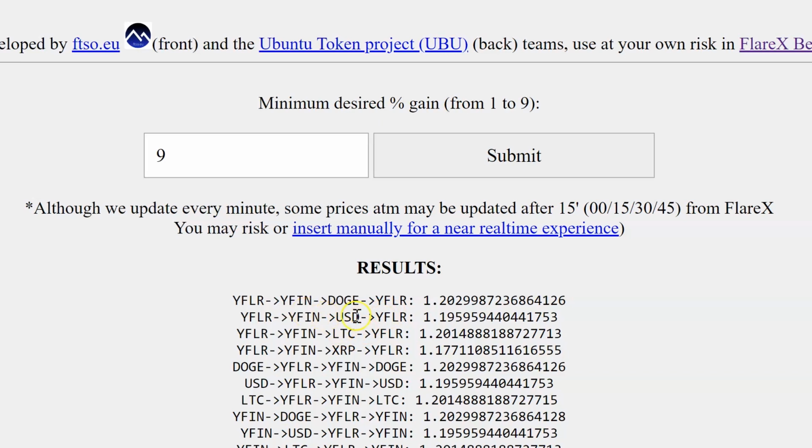back to WIFIN to LTC to USD to Y flare. And I kept doing that, and then the value was dropping. I tried doing like a WIFIN LTC to Doge or WIFIN Doge USD, and then the values, just the way the market shifted, it wasn't working at that moment. I would have to go and rediscover.